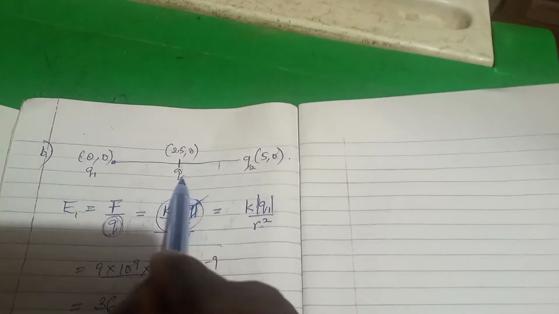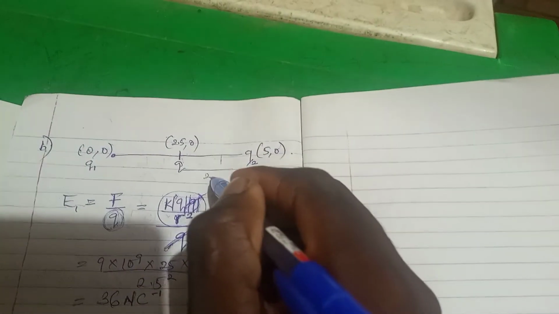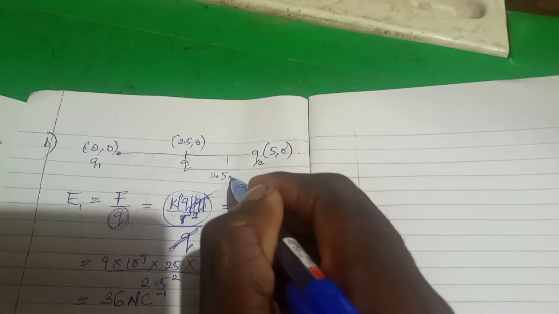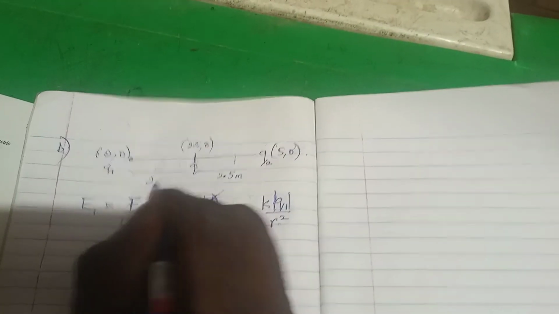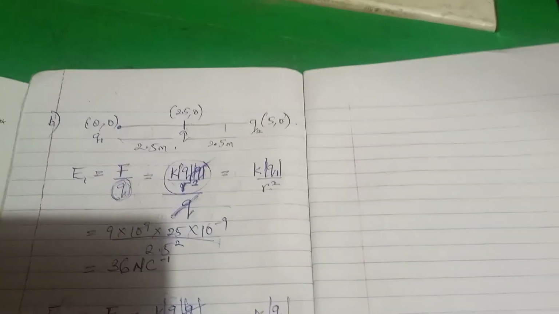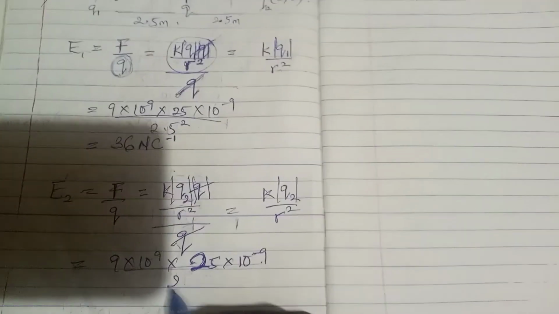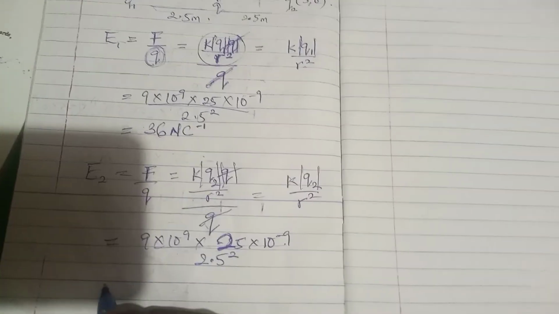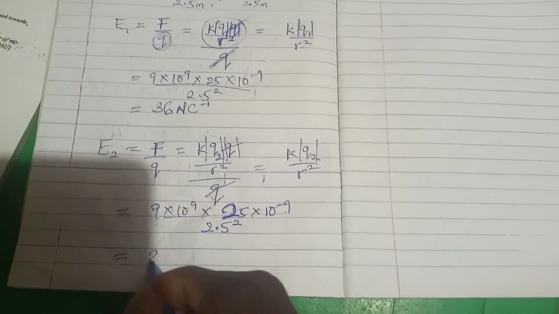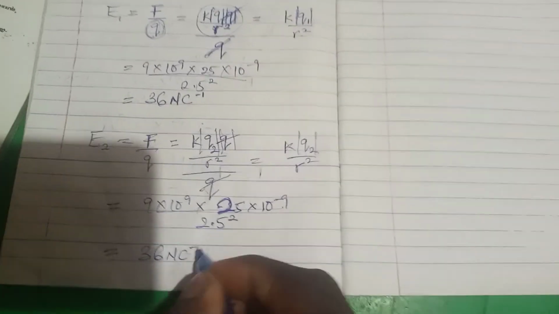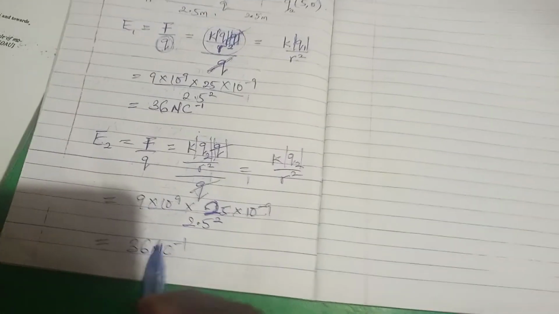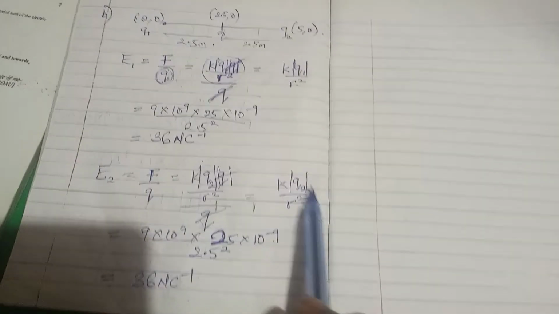25 over R squared. The distance between these two: if here to here is 2.5 and the full distance is 5, definitely here to here will also be 2.5. So you have 2.5 on this side and 2.5 on this side. At the end of the day, you'll have over 2.5 squared. Using your calculator will result in another 36 Newton per coulomb. That one settles it, so no negative. Having used the correct formula, the modular form,